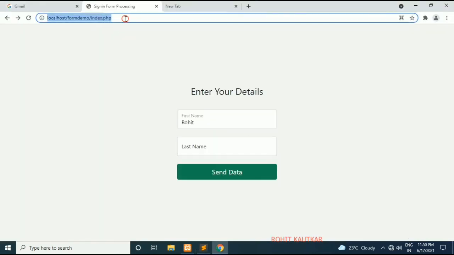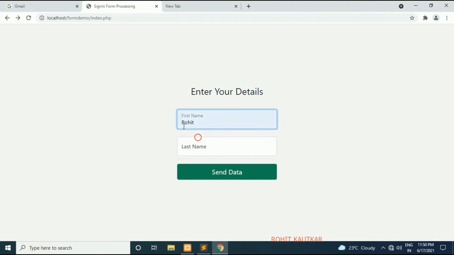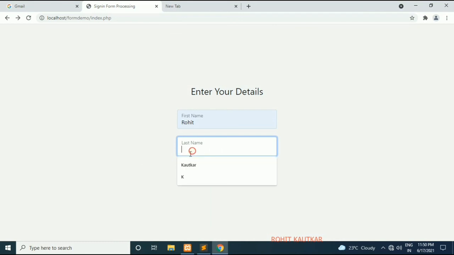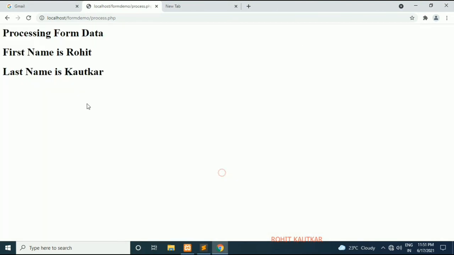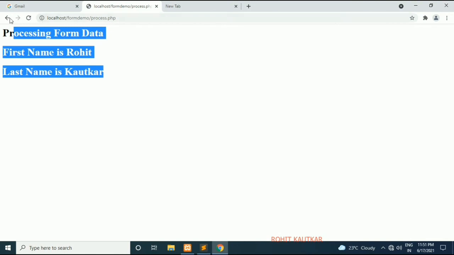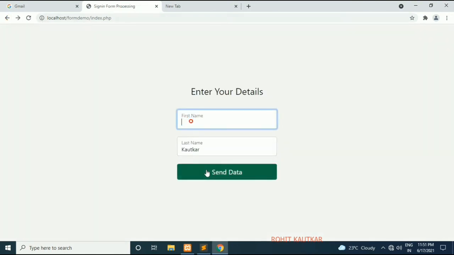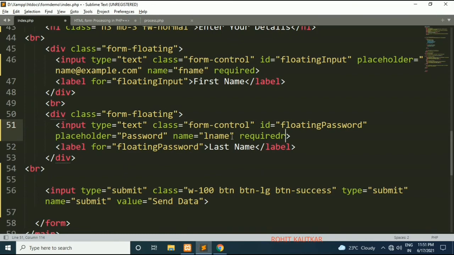So now if I refresh my form, and if I just provide the first name value and click on submit, you can see it is prompting us to submit the last name value as well. Okay, so friends, if I submit both values, then and only then the form will be submitted. If I miss any value, it will display a message like this. So until and unless the user provides all these values, the form will not get submitted. This is the built-in feature of HTML5.